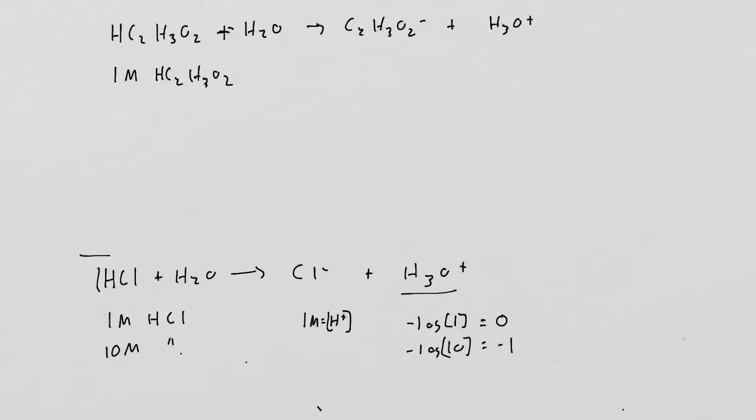Now, for a weak acid, the math is a little different, because for this one, for 1 molar HC2H3O2, or acetic acid or vinegar, the Ka value here is equal to 1.8 times 10 to the minus 5. What's important to recognize is this means that very little of this actually ionizes. Now, the amount of ionization will vary, and we're going to find that when we dilute it, it will ionize to a greater degree. But while a 1 molar solution of HCl has a pH of 0, the 1 molar of the vinegar is not going to have a pH that's as low as that,